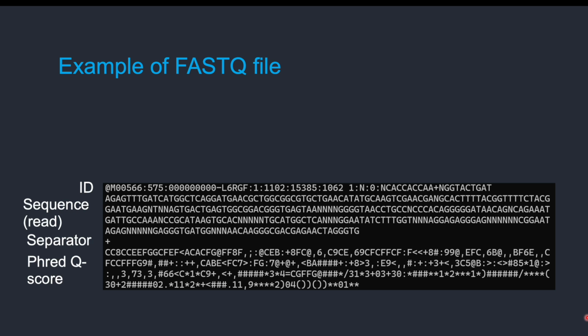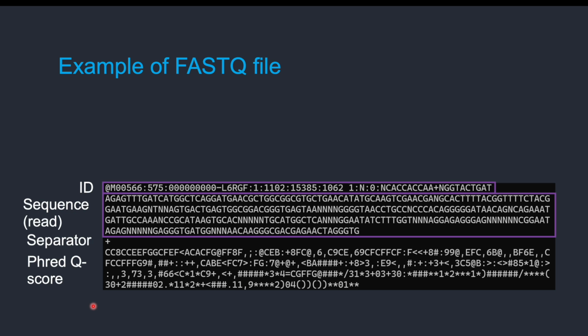This is an example of a FASTQ file. For each entry in the FASTQ file, there are 4 lines. In other words, for each of the DNA sequence, there are 4 major sections in a FASTQ file. First one is the identifier that always starts with @ sign. The identifier is followed by the DNA sequence, and there is a separator using + sign, and final section is